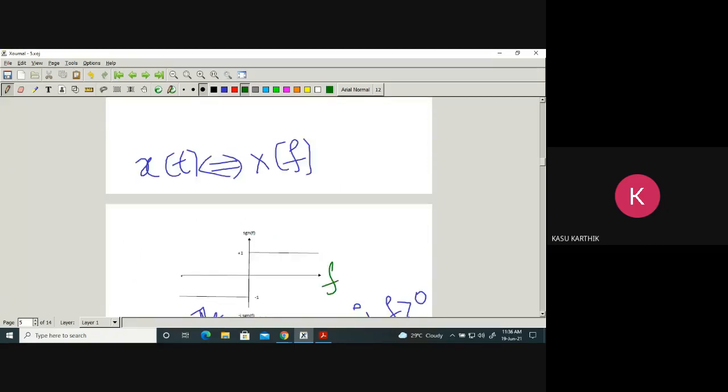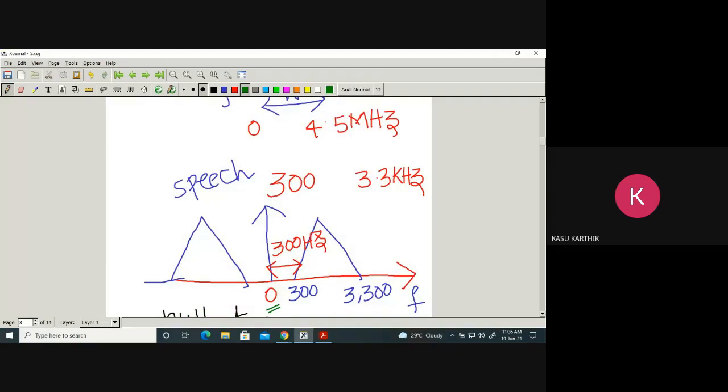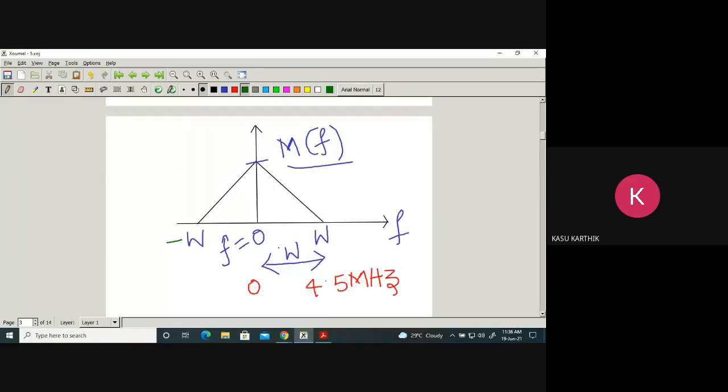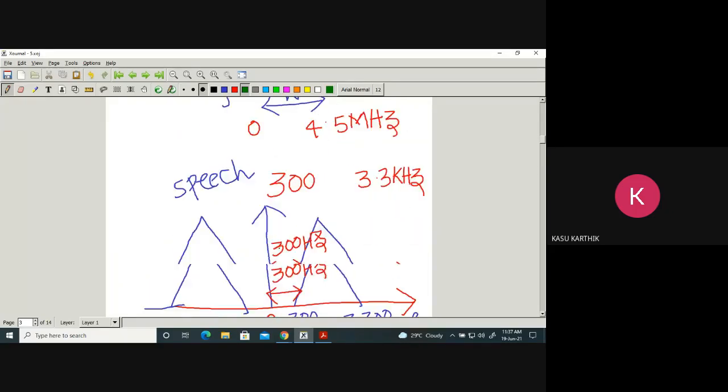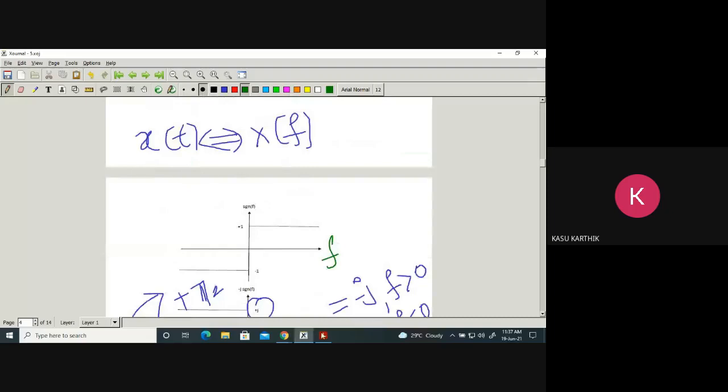What is another advantage? If the spectrum is like this, we'll discuss later. Now, for SSB transmission, the requirement is that our baseband spectrum should have little power at the origin. Am I okay with this? Obviously, you cannot transmit video signals using SSB because it starts from 0, so SSB cannot be generated. We'll give some details about this later. As of now, this is enough. Don't worry.